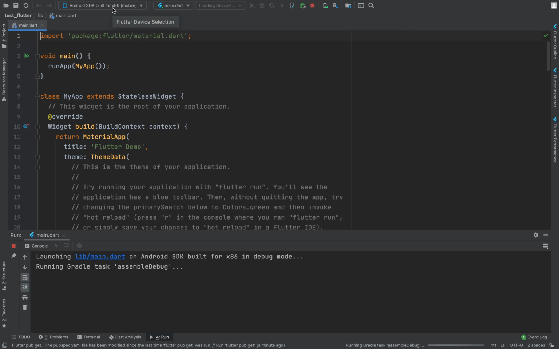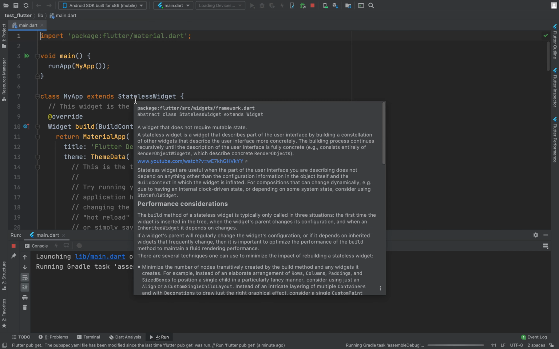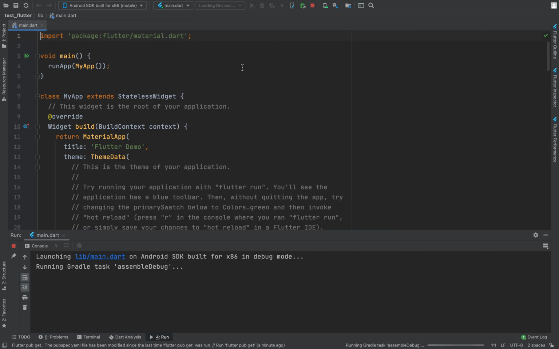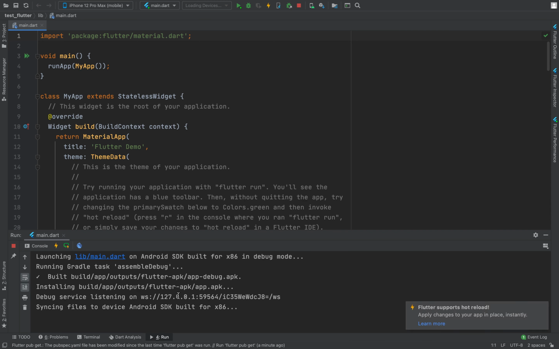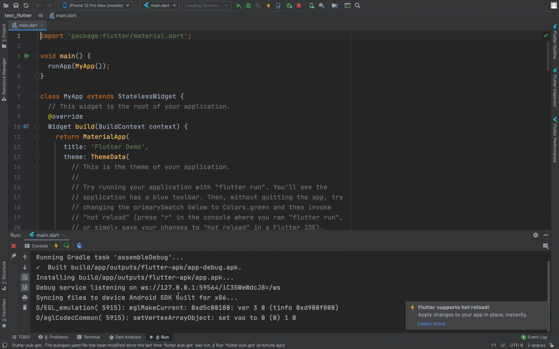So that has not been detected here. Okay, so let us wait for this process to be over, and yes, it has been detected here now, iPhone 12 Pro Max, and that is also running.